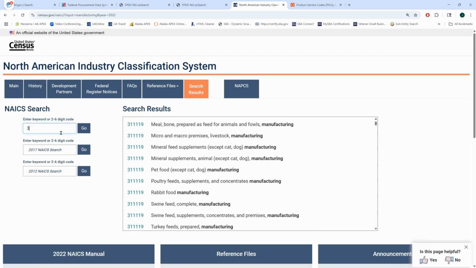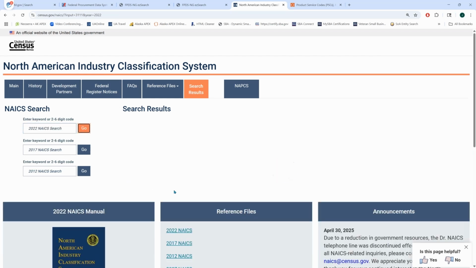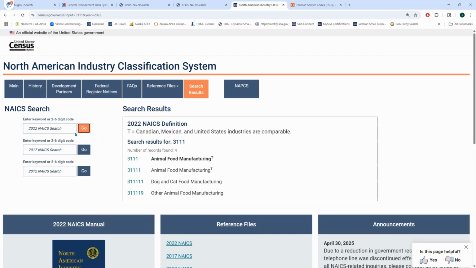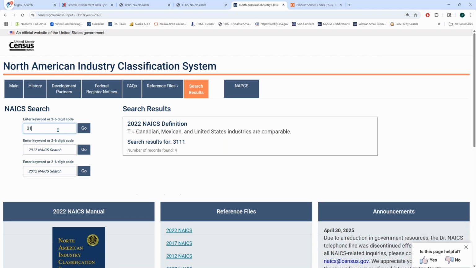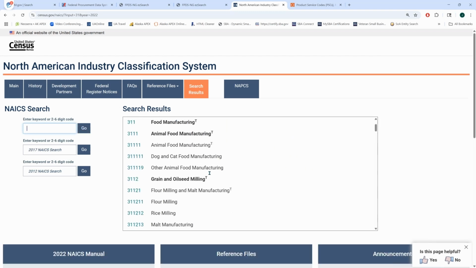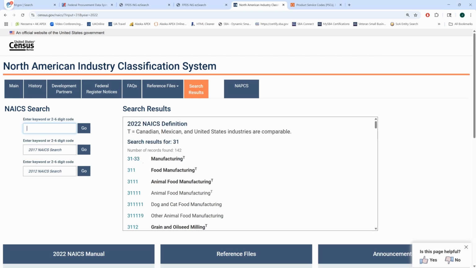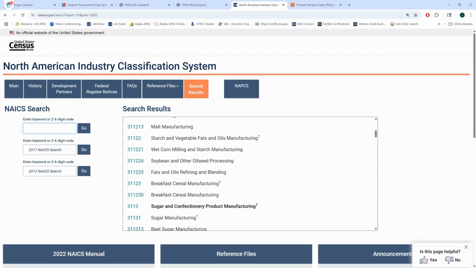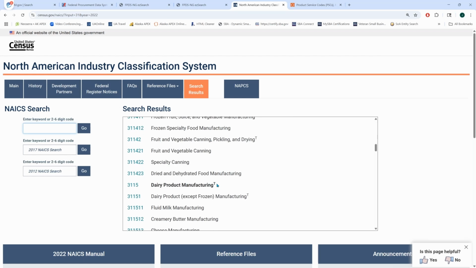So let's just do a partial and start breaking it this way. Okay, well, maybe we don't want to do animal. So if I'm just looking at manufacturing and I'm trying to break it by categories, just typing in like that 31, because we know it's manufacturing 31 through 33, we can come down here and then start looking